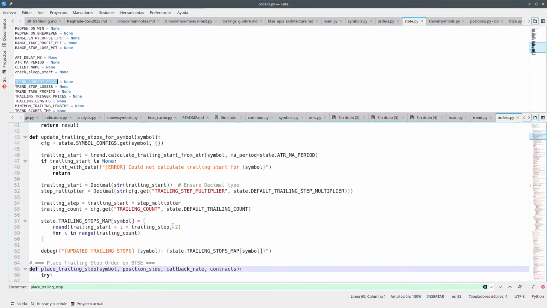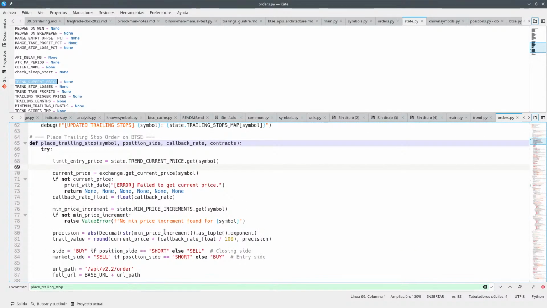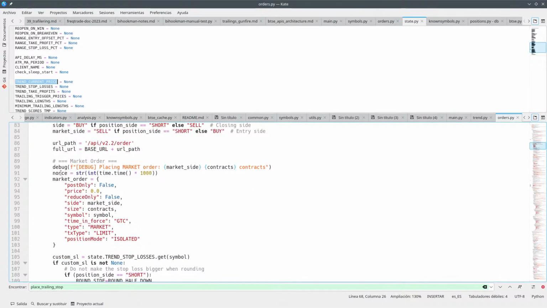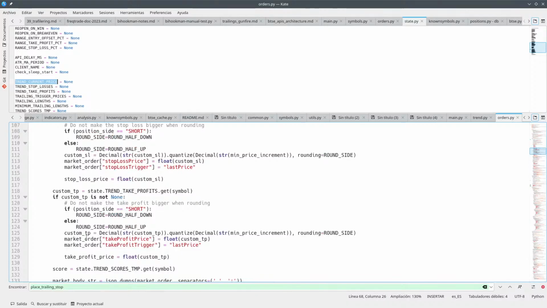Update trailing stops for symbol. So basically what we want to be doing here is once we have the limit entry price, we want to put it here so that we have a limit order. But in order to do so,